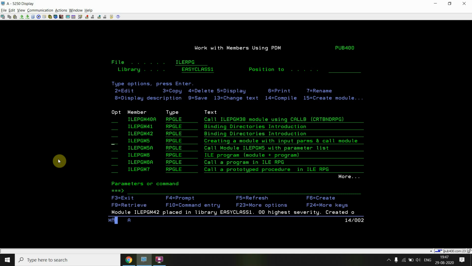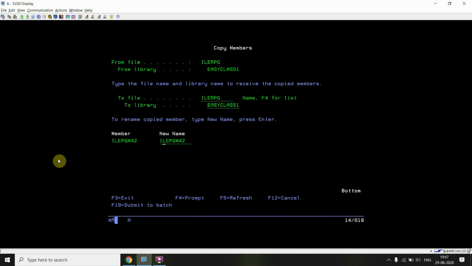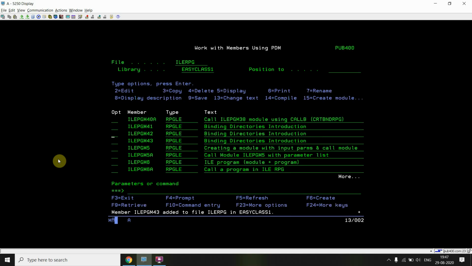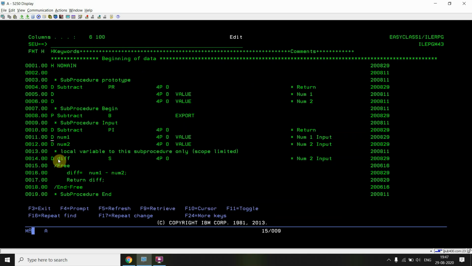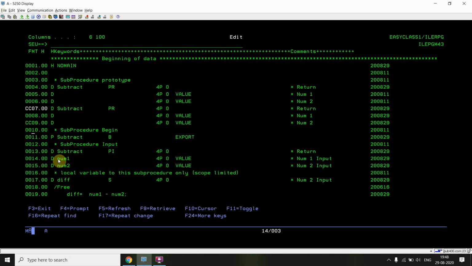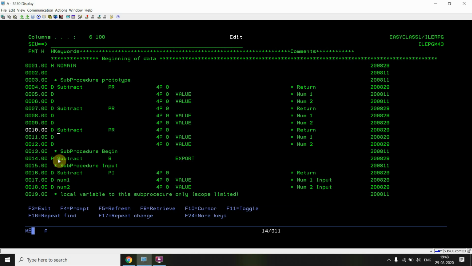Now I'll be creating another module, ILE PGM43, out of which we will be creating a service program. So just take it as 43. Here we would be having, for example, a sub procedure, calculation.